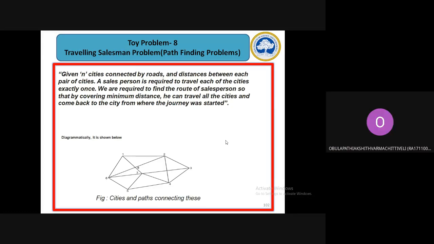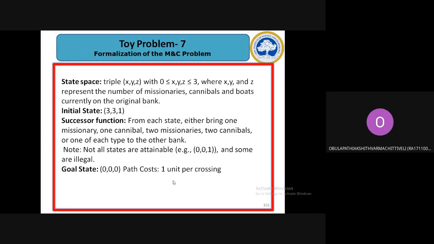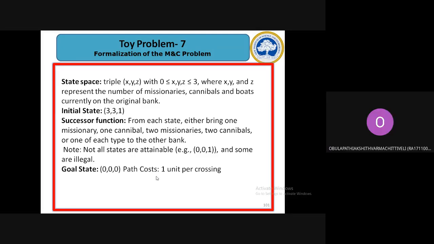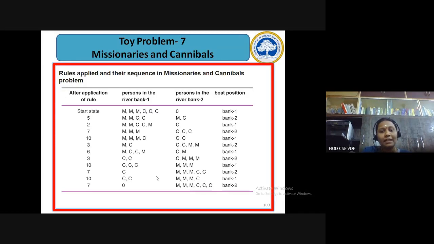I'm sorry to interrupt, but I have a small doubt. Yes, ma'am. In the earlier problem, we used heuristics to calculate how close we are to the goal state, like in the earlier case when we were starting the water jug. And in this case, are we again going to use a metric to calculate? In the water jug problem, did we calculate any heuristics?